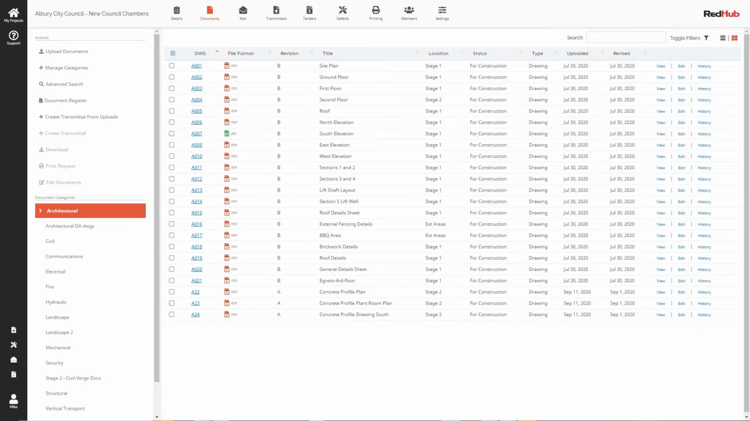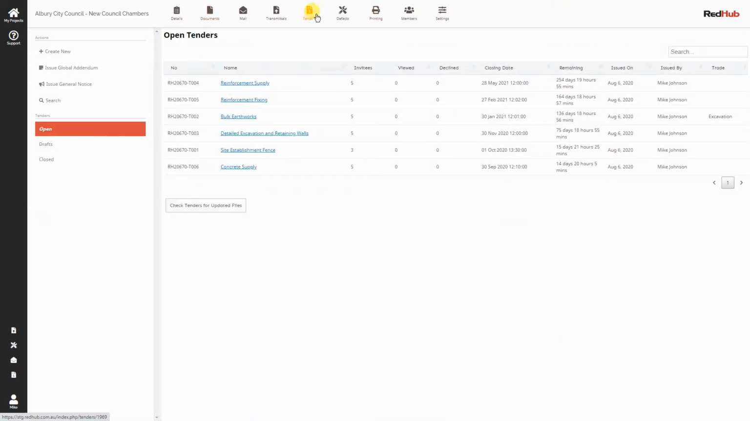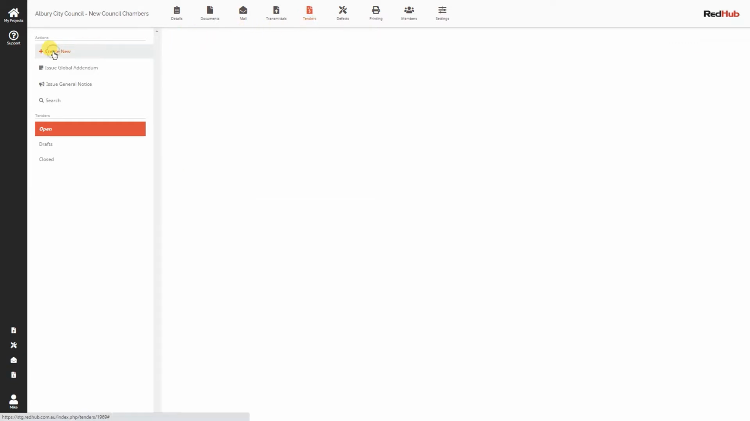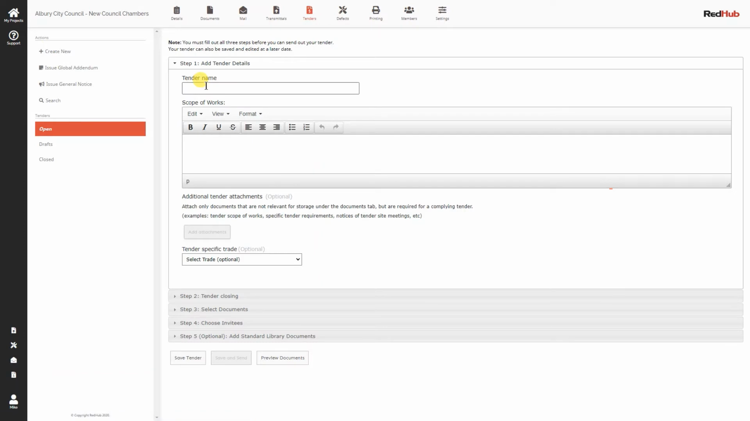I want to talk about how we might create a new tender in RedHub. What you need to do is head over onto your tenders. Now, if you are administrator on your project, you can create a new tender. So the way we do that is simply go create tender, and we give the tender a name and we